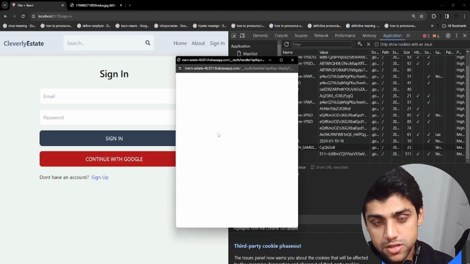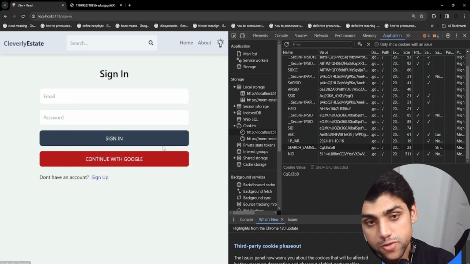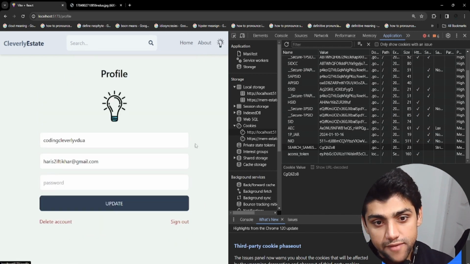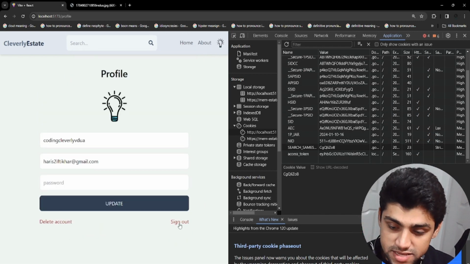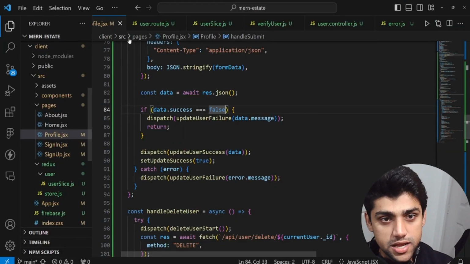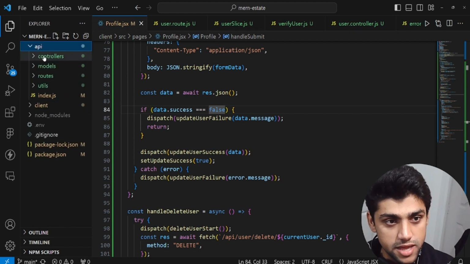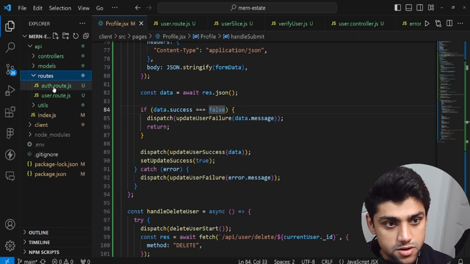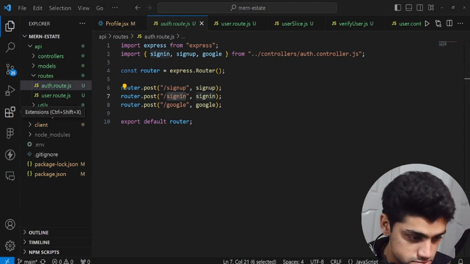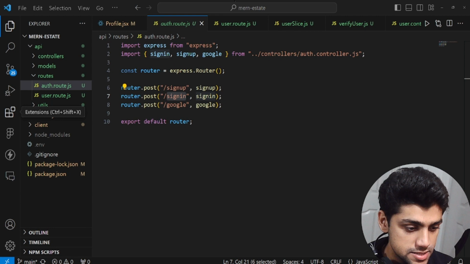So continue with Google one more time, and we now have to update the last button on the right. You could see over here, we have this sign out button. So we've got to fix that. We have to go to the auth.route.js because this is a part of sign in and sign out. So we could go to the API, go to the routes, and go to the auth.route.js. And inside the auth.route.js,